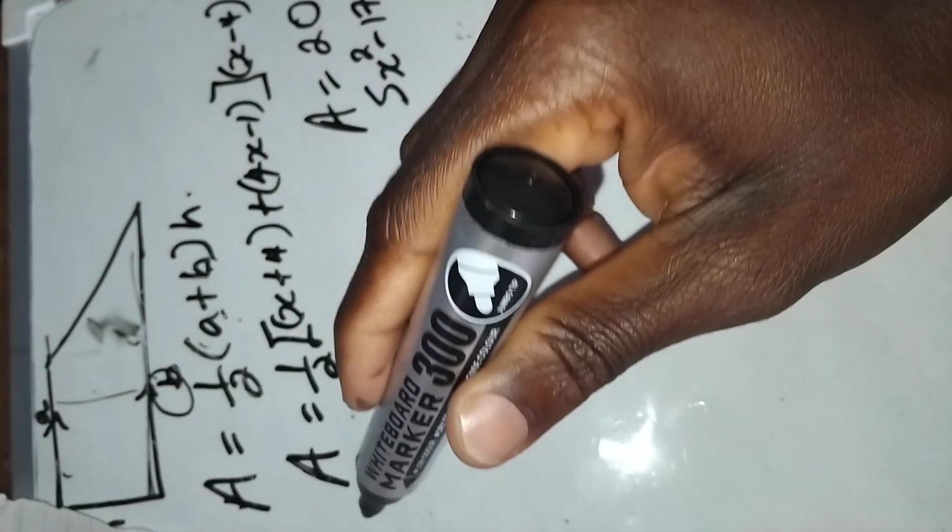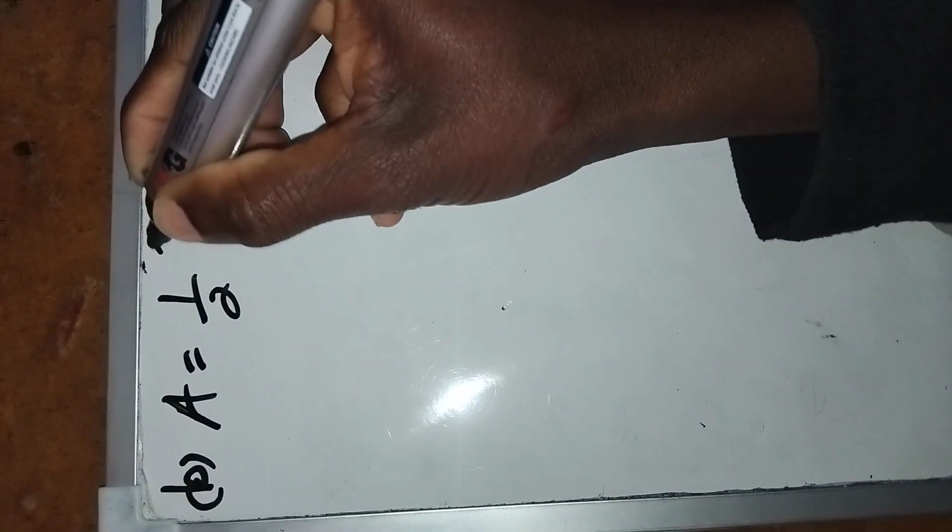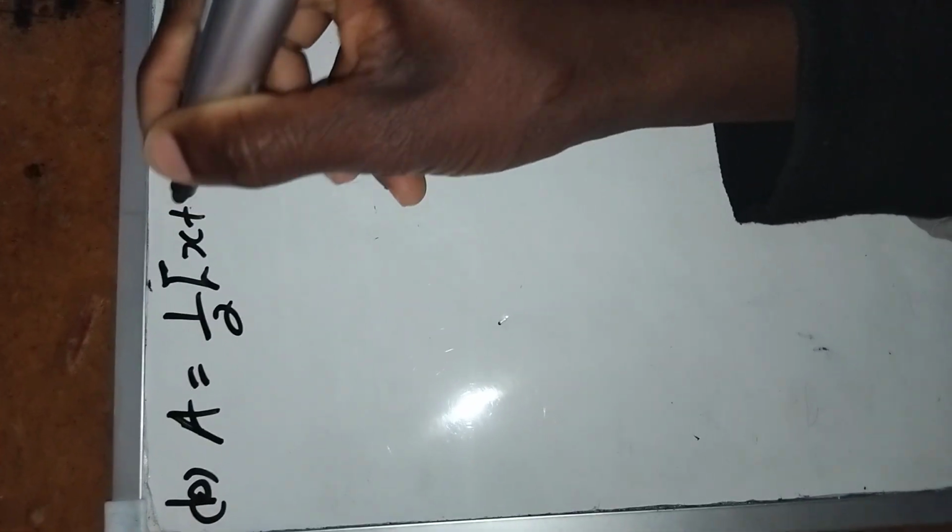You are given the area as 20 and asked to show the equation. So we use the expression above and equate it to the area. So in part B we say area is equal to half, x plus 4,